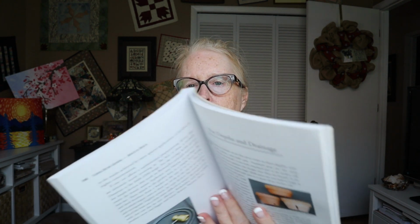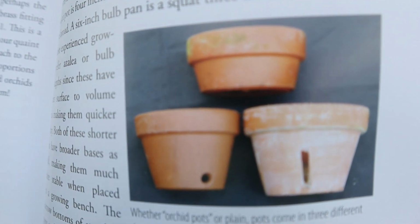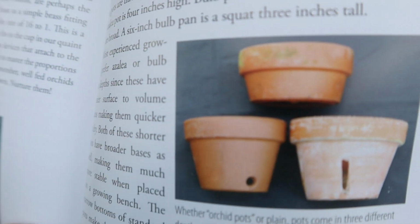And this is more detailed. This tells you, like, in June do this, and July do that. Oh, here's a really good picture of traditional orchid pots. But we've come a long way since then. There's lots of pretty pots, and there's potters who make